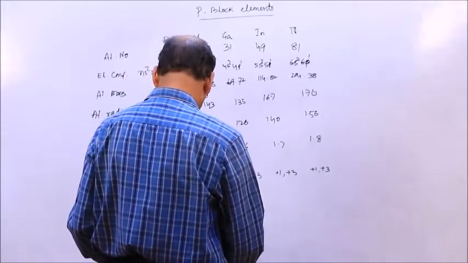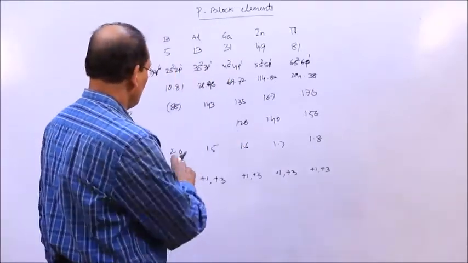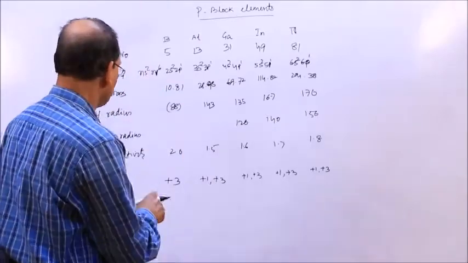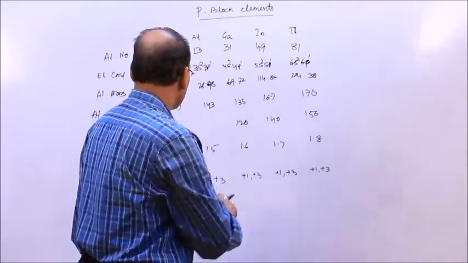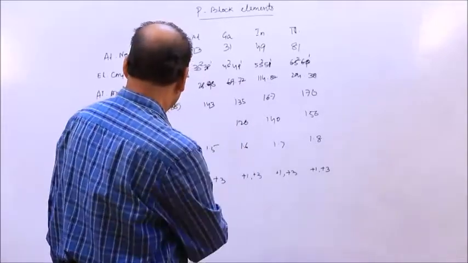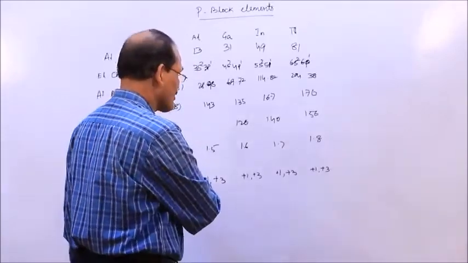As we will discuss the oxidation state and electronegativity, electronegativity decreases from boron to thallium, and the permissible oxidation state is +3 exclusively for all